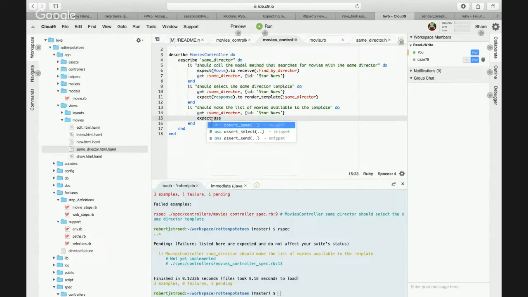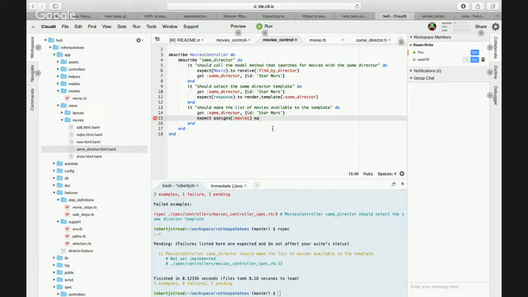I don't know if we can say expect at movies. Yeah, so I think the syntax is we say expect assigns some value to some. Okay, yeah. Expect assigns movies to